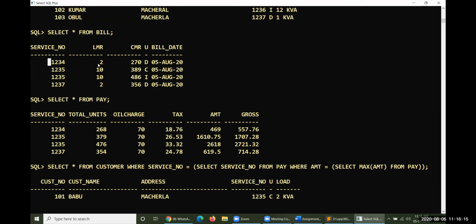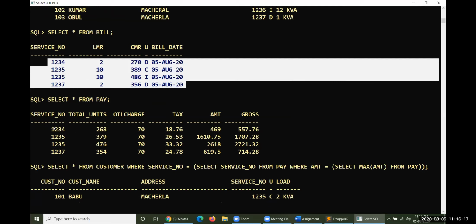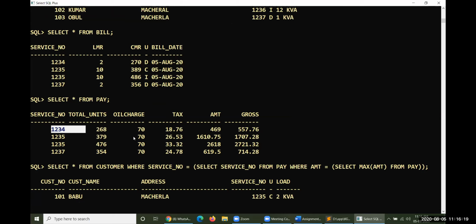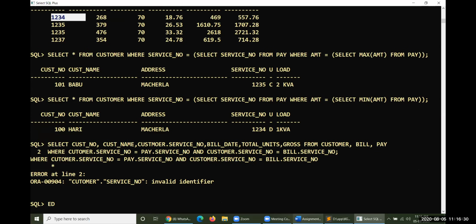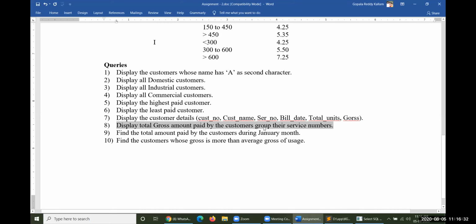If a huge amount of data were there, for domestic people, commercial people, industrial people, some 6 to 7 or 8 to 9 people for each category, then it would be very easy to solve this particular question. Okay, I'll solve this question after entering much more data.